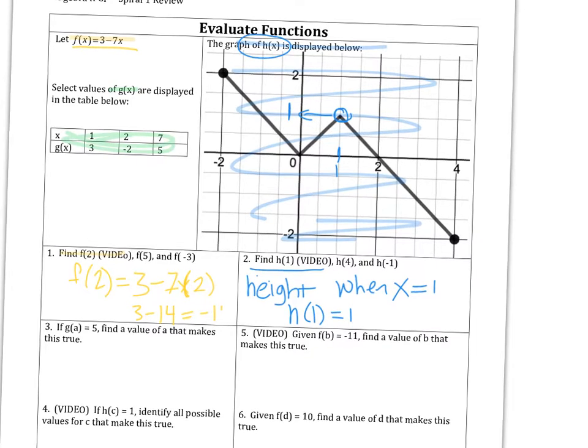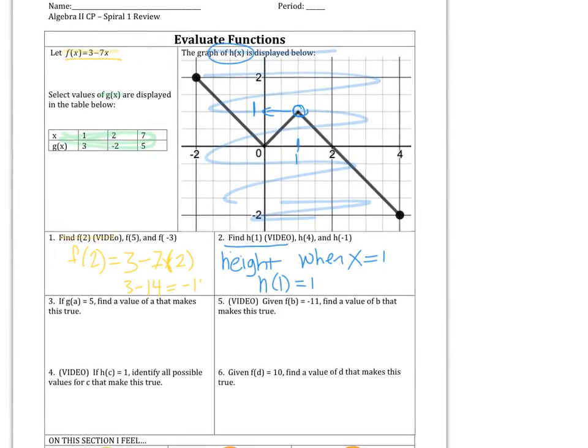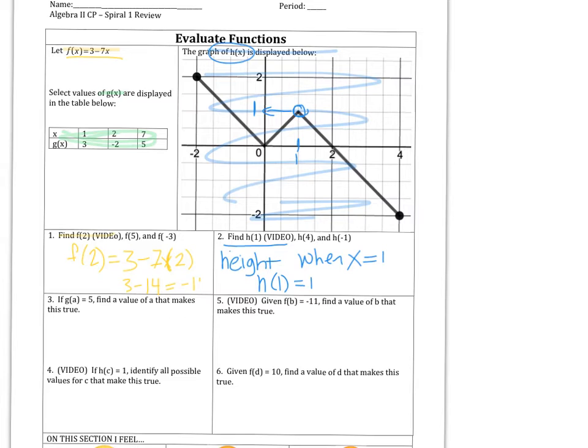Okay. For our third problem, the video part is actually going to be for number 4. It says if h of c is equal to 1, we're still dealing with h. That means we're at the graph. So this means the height, h of c, equals 1. Okay, and if the height is 1, that means we're looking along this